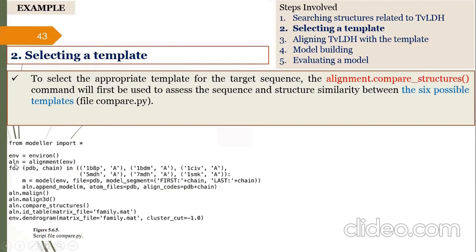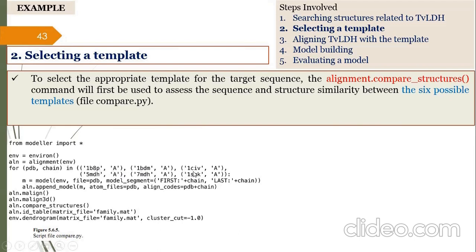So we give the command like align the sequence, and for PDB, so the first one is the PDB structure, and again the comma, and the second one will represent the chain. So this is the structure, and this will be the chain of that structure. So the structure name is 1B8P, and the chain is A, and same is the case with the others. So they used 1B8PA,